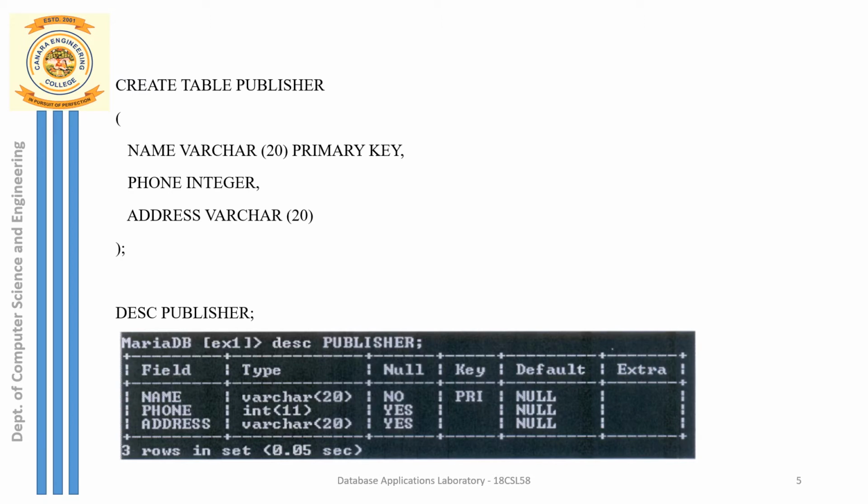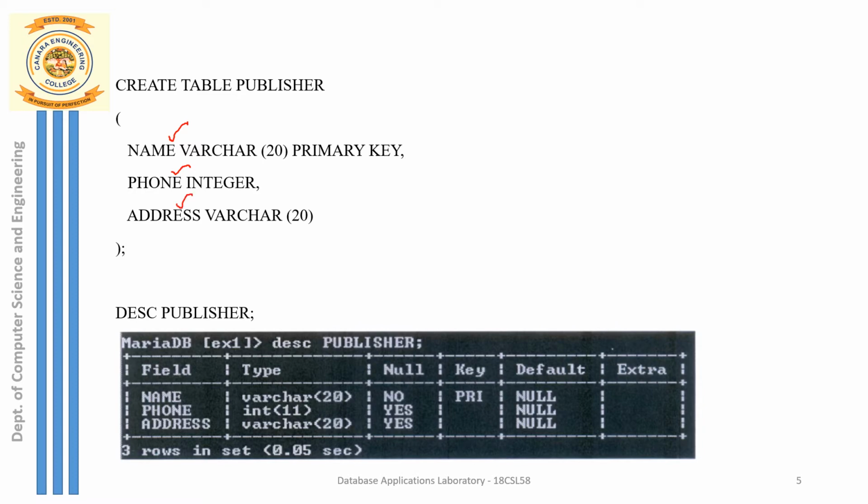The first table that has to be created here is the publisher table. You can go through the question. We have around 5 tables which have to be implemented. We have a few additional tables also that can be created. So we will begin with the first table that we have to create, that is the publisher table. Already we have seen the different attributes of the publisher table. The attributes of the publisher table are name, phone number and the address.